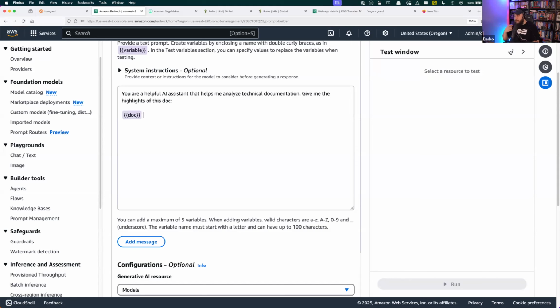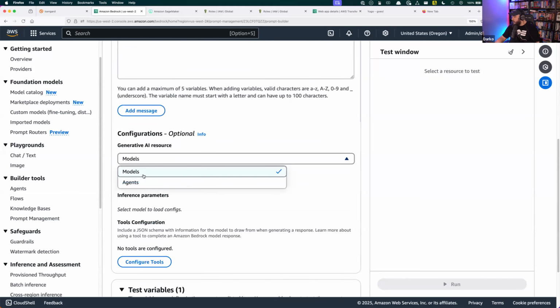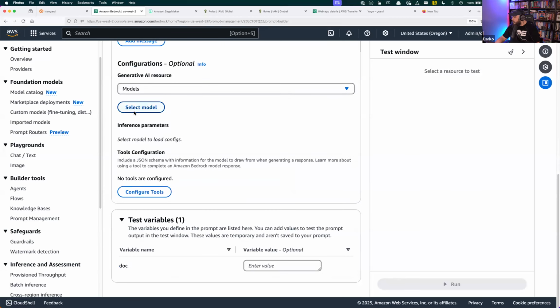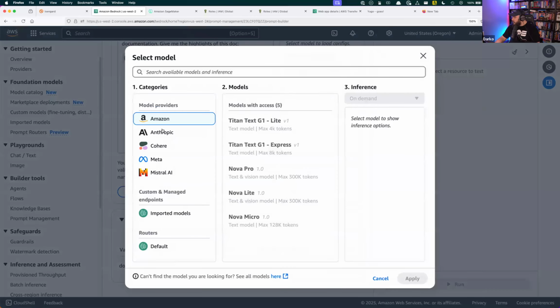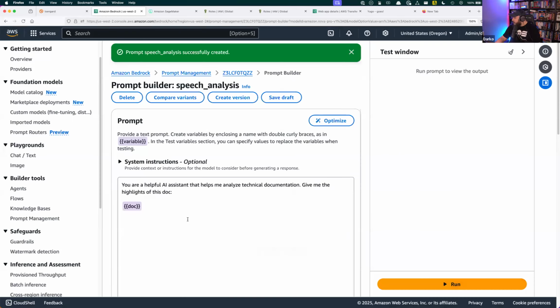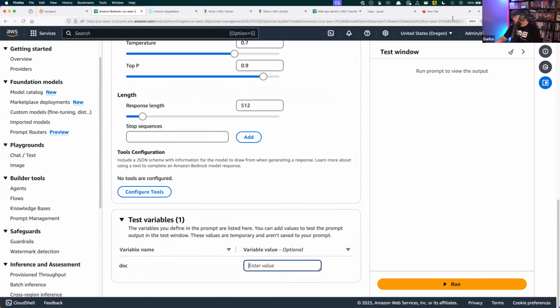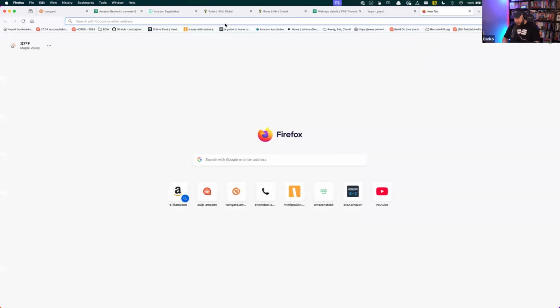That's my prompt, that's my system instruction. Let's do something here. I'm going to select a model. Let's use Nova Pro, like that, and I'm going to select a test variable. Let's find a doc.